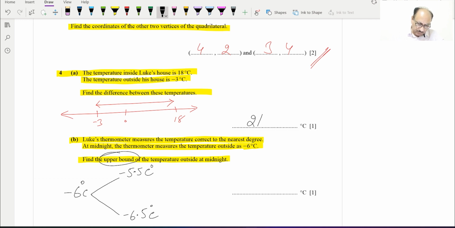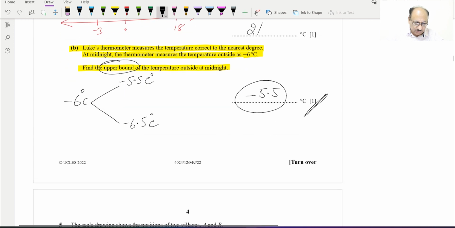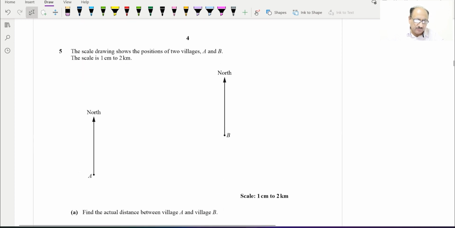So upper bound will be minus 5.5 degrees Celsius. Degree Celsius is already there, so I'm writing this. Keep in mind this negative number is bigger than this negative number, so that's why we have taken this as upper bound. This is how we can figure out. Hopefully you understood this. Then question number 5 is a bearing question, and question number 5 says the scale drawing shows